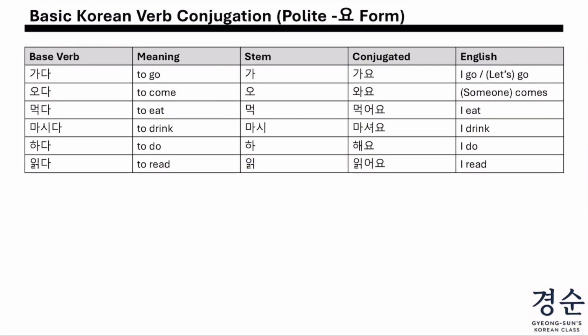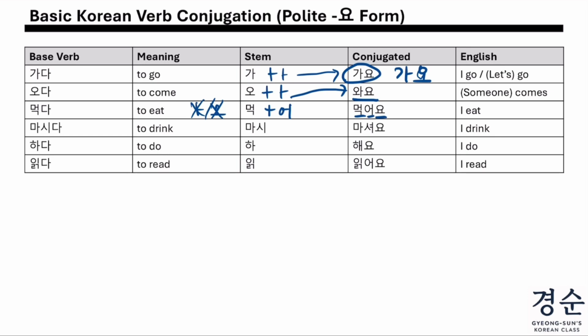Okay, here we have 가다. Okay, 가다, which is to go, right? So 가, so we remove the 다, so it becomes 가요, right? 가요. And 오다, to come, so we add a. Okay, so basically we add a, becomes 와요. Okay, 와요. 먹다, to eat, so you can see it's not a, it's not o, right? So we add o, so